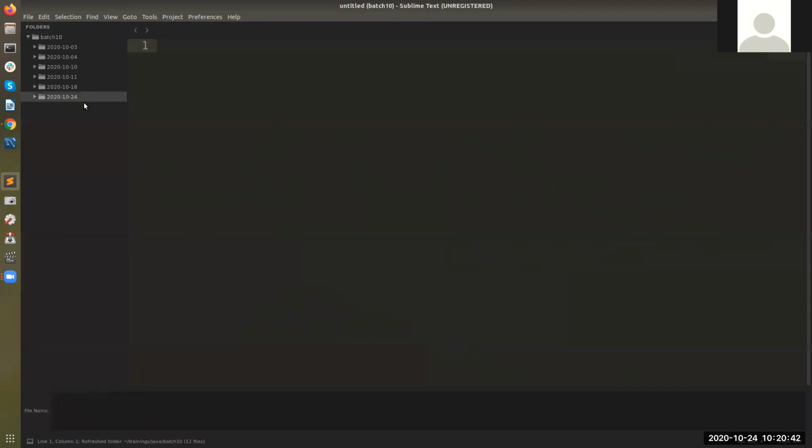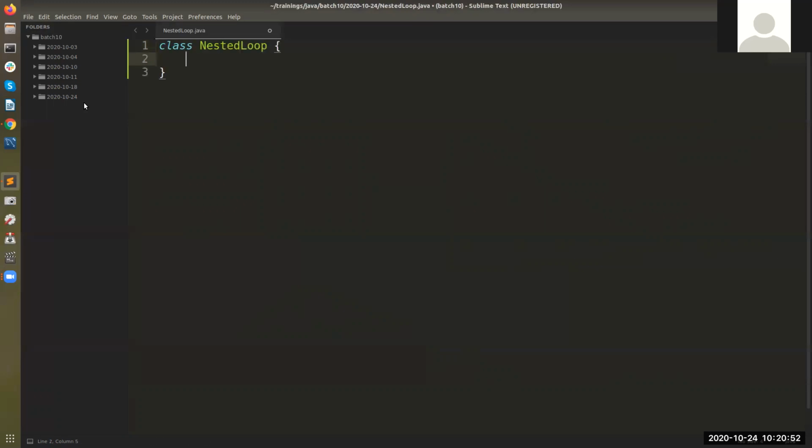So new file, I'll give it a name, nested loop dot java. Write a class, nested loop, fine. And we'll write our main method, public static void main string arguments. So we have the main method, right?